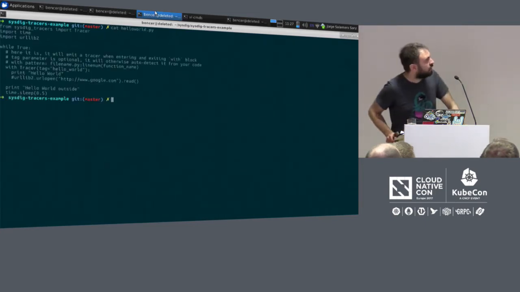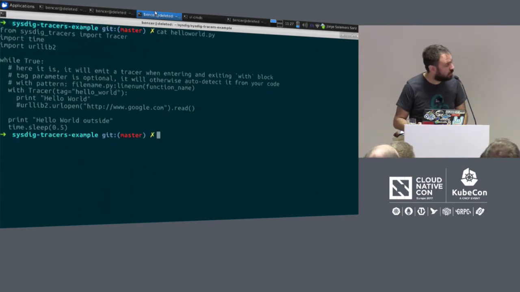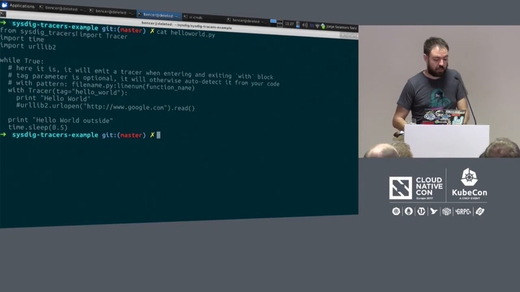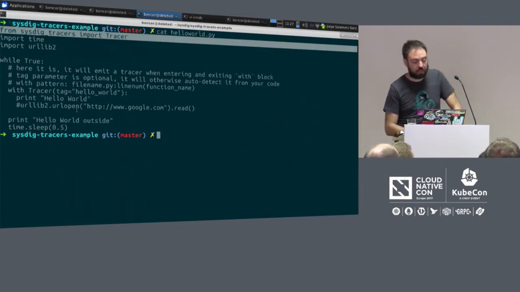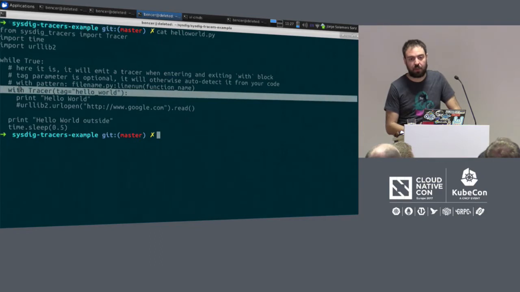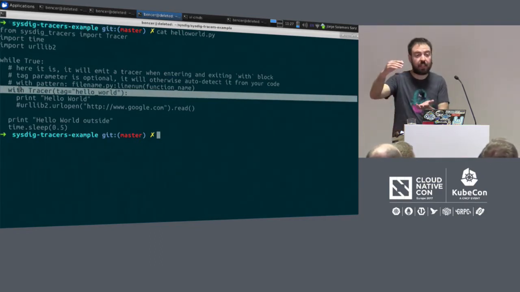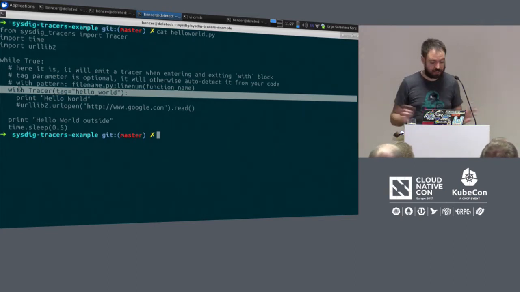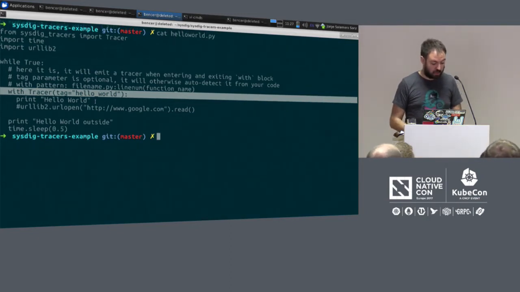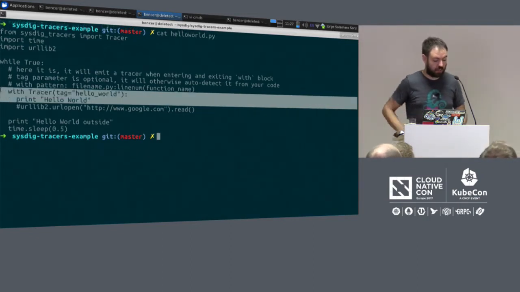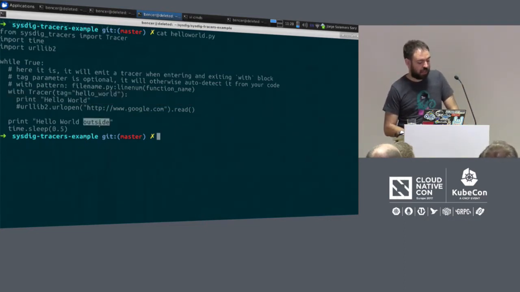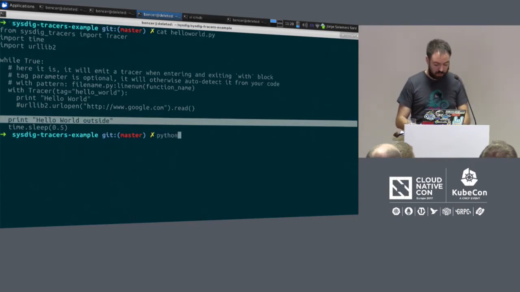Hello world. So this is probably small, probably better. So you just import our wrapper, and we can use either with statements in Python. You can also use decorators. I'll show you later on, to basically tag the pieces of code you want to have in these spans. So in this case, what I'm going to do is inside this tracer that I call hello world, I'm going to do hello world, but then outside I have this other hello world. So if I run this,